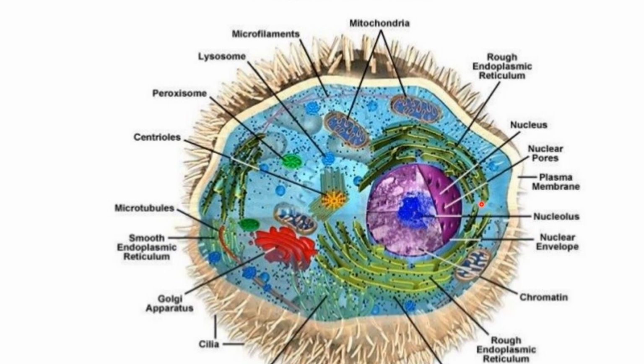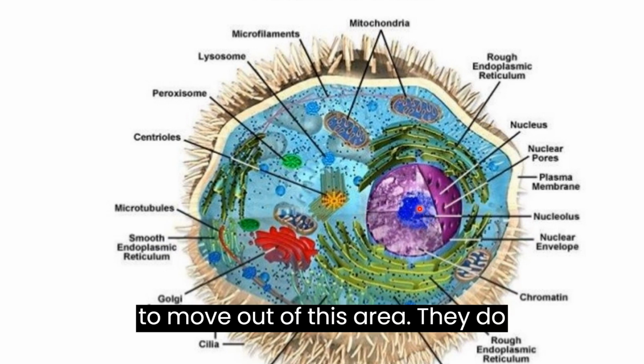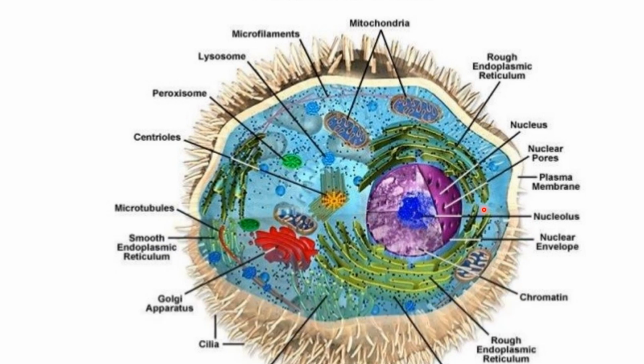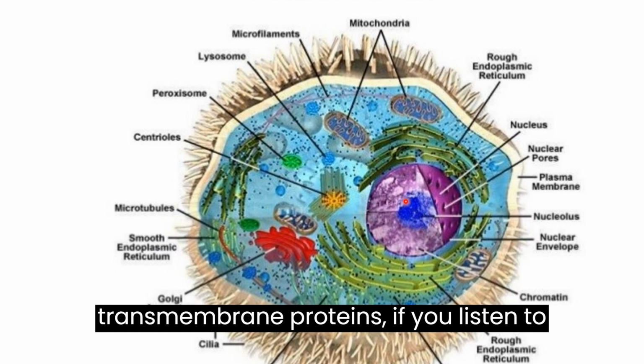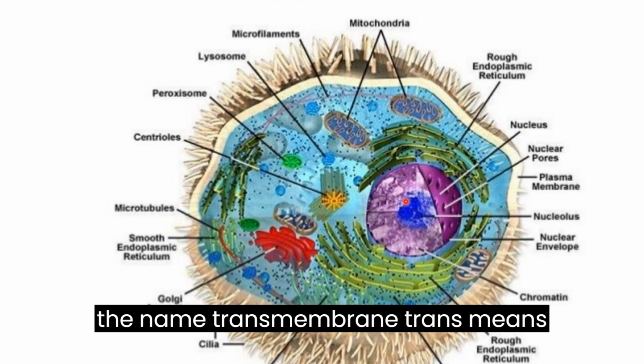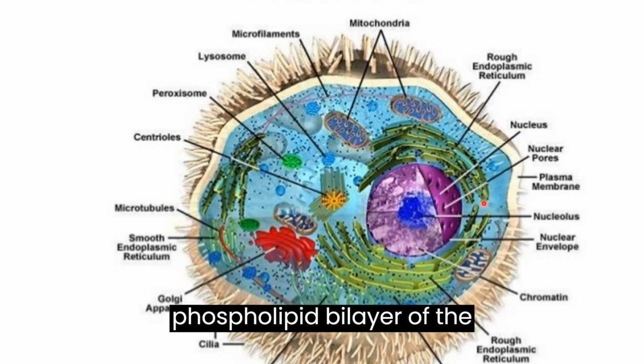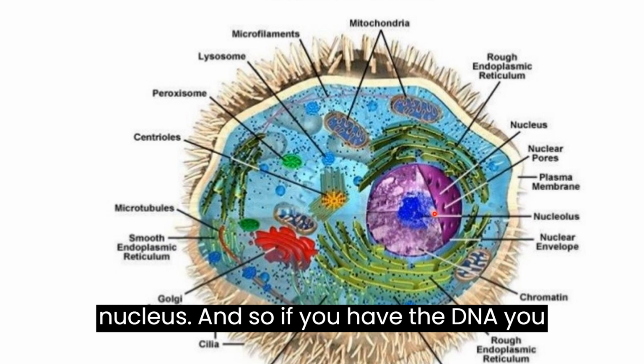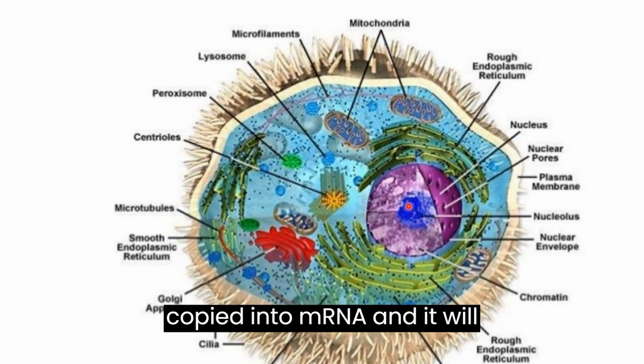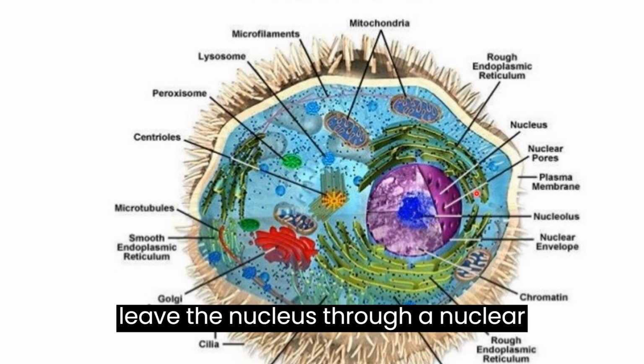which allow mRNA molecules to move out of this area. They do allow certain things to come in as well. And they're called nuclear pores, the transmembrane proteins. If you listen to the name, transmembrane, trans means across, and the membrane is the phospholipid bilayer of the nucleus. And so if you have the DNA, you copy it into mRNA, and it will leave the nucleus through a